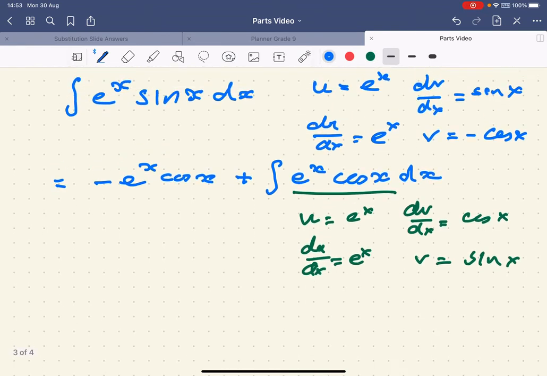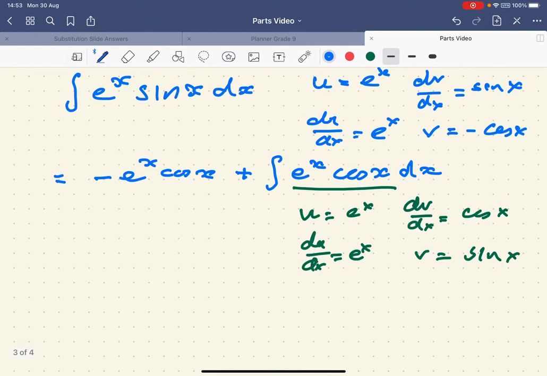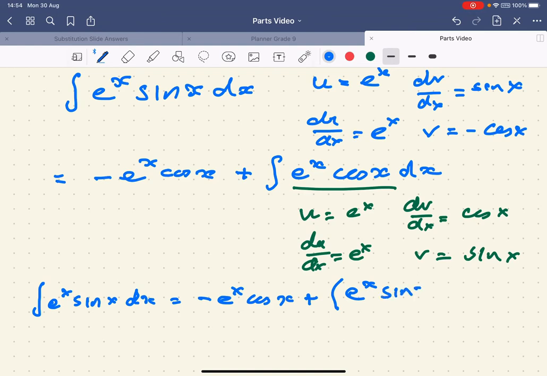Now we're going to start putting that whole integral together again, but what I'm going to do is I'm just going to start off with our original integral way back that we're trying to find, which is this. It's now equal to negative e to the x cos x plus, and inside this big bracket we've got this green part here, which is e to the x sine x minus, and then we've got the integral of